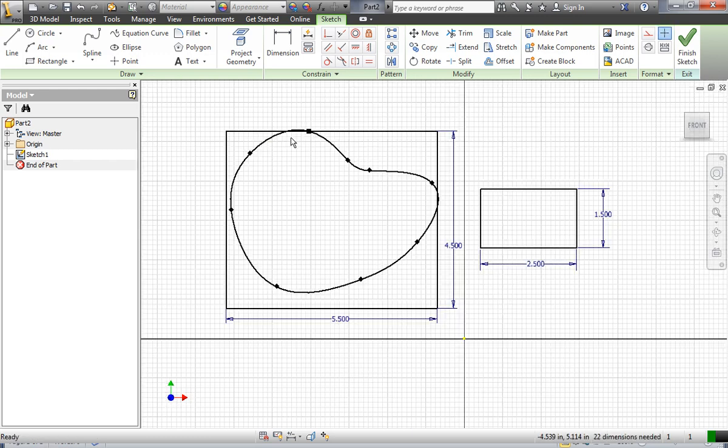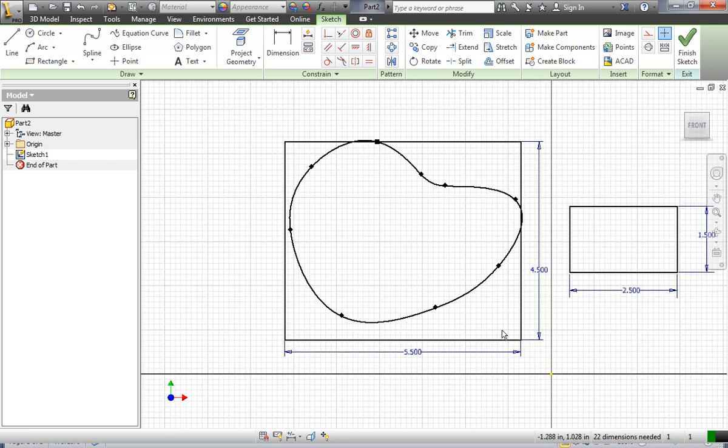You see the line, this line is my 5.5 by 4.5. So I can see that I'm pretty close here. This has the shape of a golf green. I can totally see that. And I want to bring in my